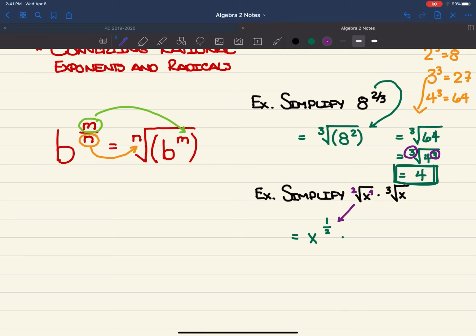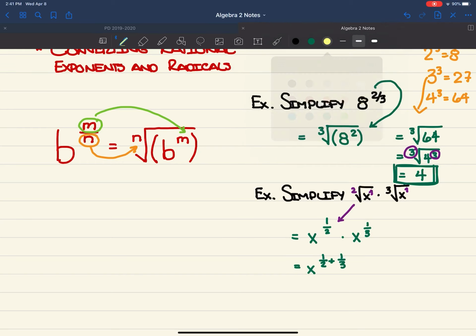And then again, if I have the cube root or 3rd root of x, and since it's just x there, we're going to pretend there's a little 1 exponent there. And I can say this is going to simplify to x to the 1/3 power. And then we can use our properties from earlier, our very first property. If we have x to the 1/2 times x to the 1/3, that simplifies to x to the 1/2 plus 1/3. And then we just need to